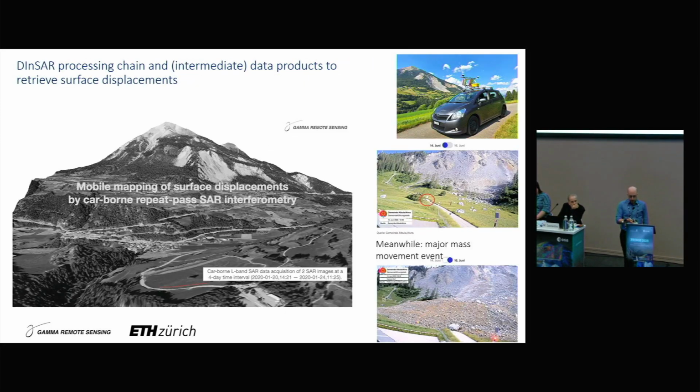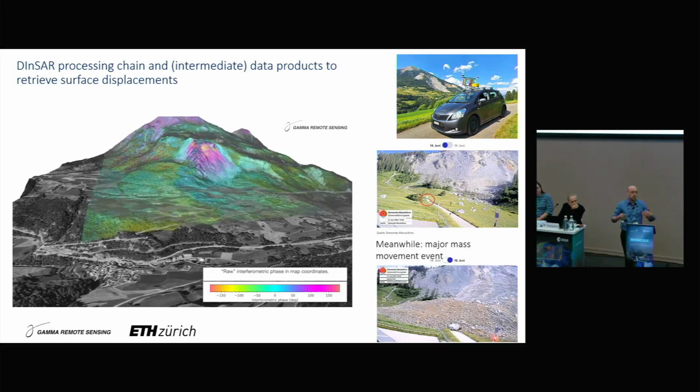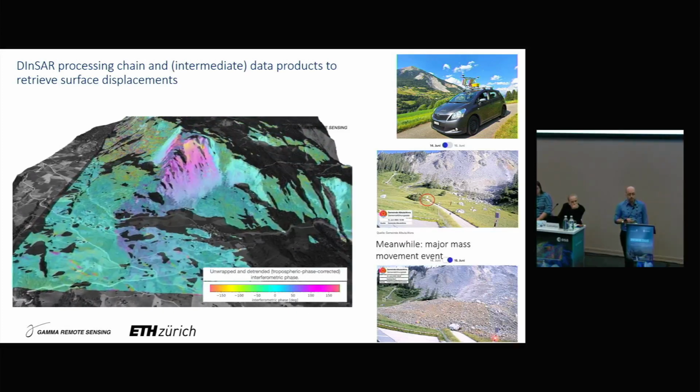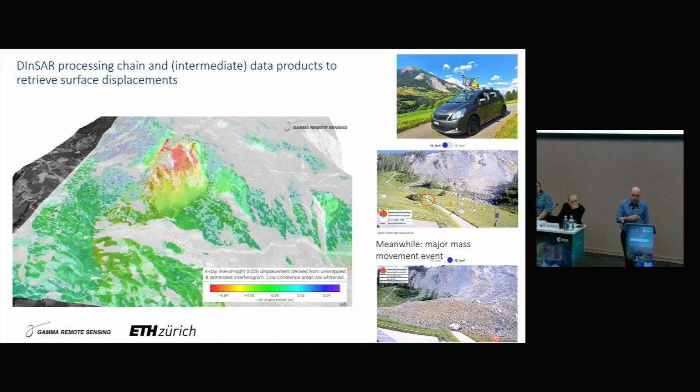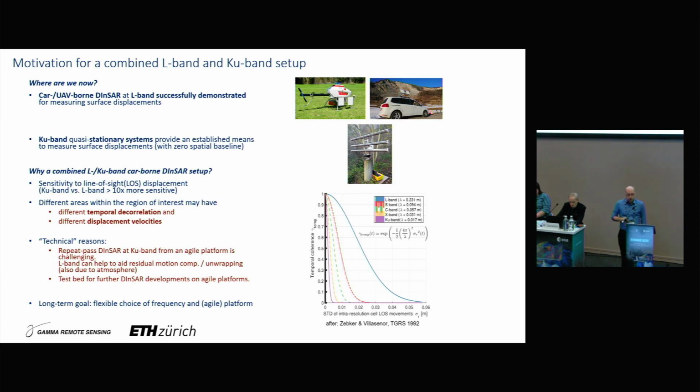I hope this is running if I click here. Yeah, so this is a short overview for this specific site with the data products, like the processing chain to obtain the displacement map. This is a quite fast-moving landslide in Switzerland, which became more famous in June again because a massive collapse happened. There's a small village close by, so people had to be evacuated. Our measurement is from 2020, when times were still a bit safer, but already fast-moving. You see displacements within 4 days of up to a couple of centimeters, so it's really fast. So this is the L-band case.